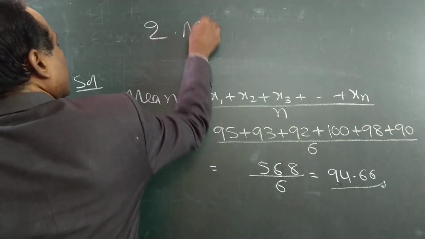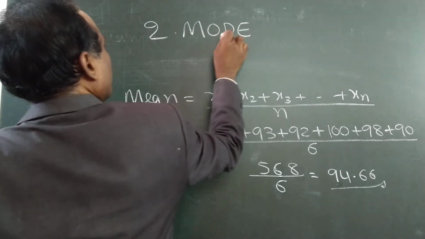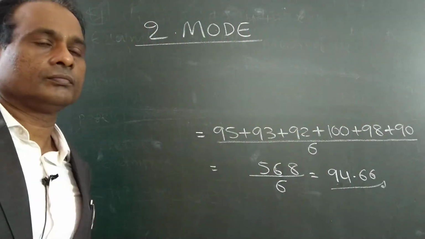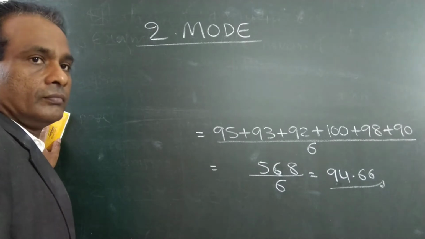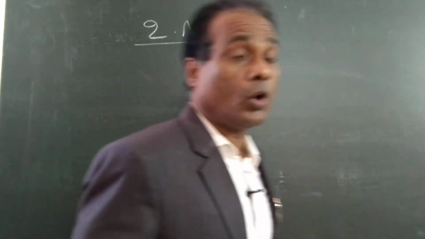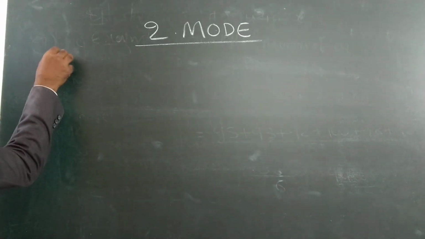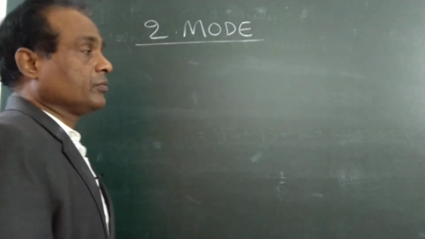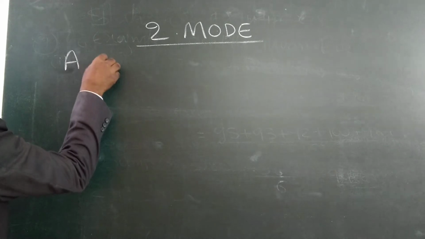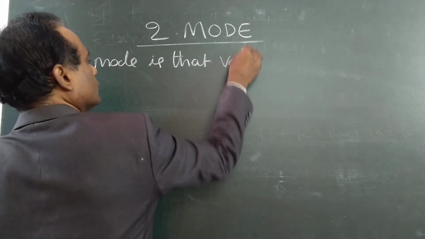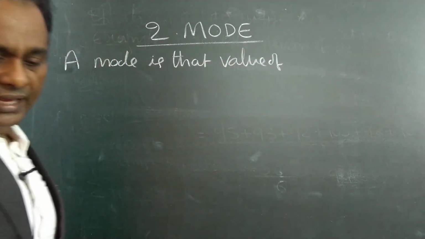Now the second central tendency is mode. Now a new topic in the same chapter, mode. Write down a small definition. Write down. A mode is that value